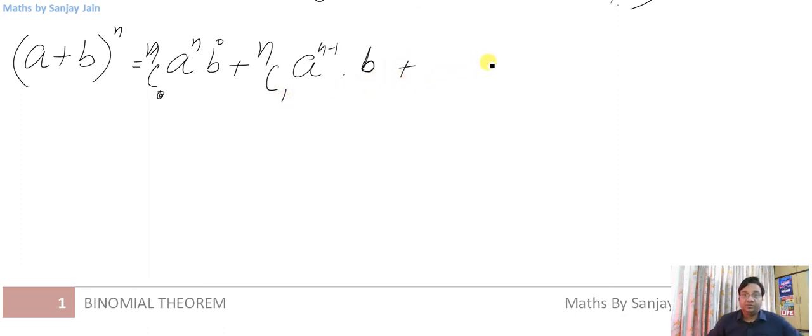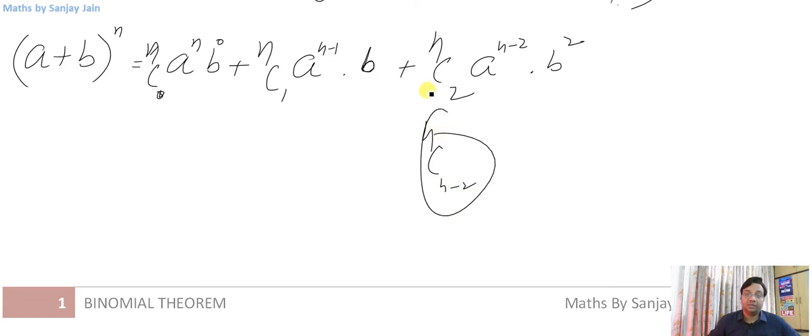So for the next term, you take a from n minus 2 brackets, so b will come out of 2 brackets, and nc2 or ncn minus 2, these two are same. So I am writing nc2, because I want to create a symmetry so that you can memorize this formula. What is the use of a formula if you have to derive it every time? You have to memorize it, right? So what I am doing is writing this here, and the same goes to the power of b.